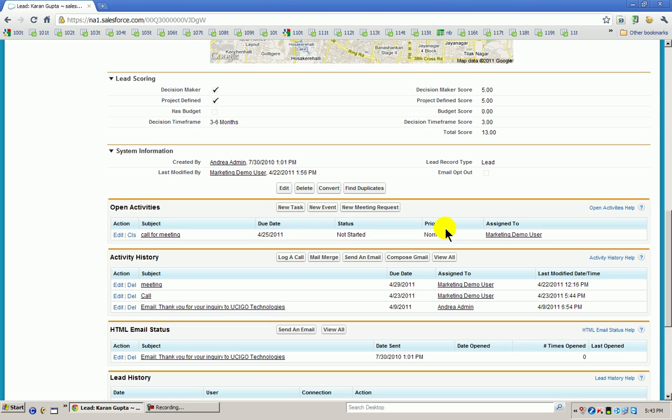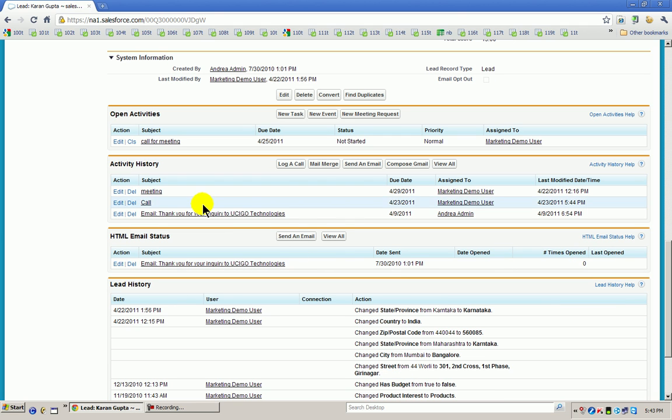What is the priority? You can set the priority as very urgent, normal, or low. Again on this Monday you will get a notification. You will close it and it will come under history. Super. From the same instance you can send an HTML mail and you can set a number of templates.